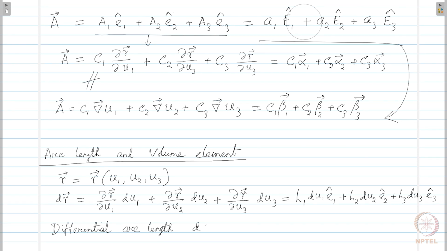We obtain ds squared, that is dr dot dr. So, we will obtain this quantity,